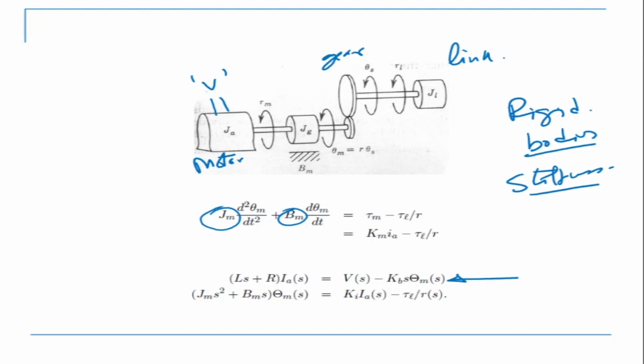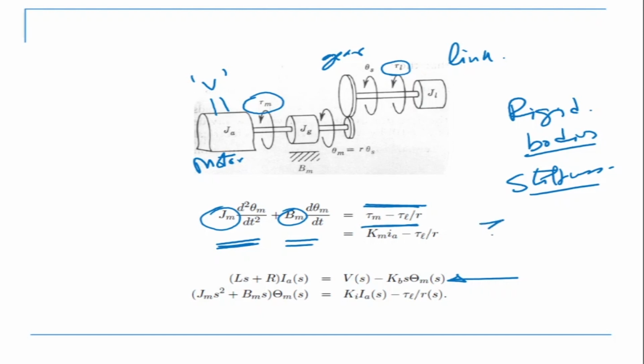Now, in terms of adding up the motor torques: we have the motor inertia Jm times the acceleration, plus damping Bm times theta m dot, which is equal to tau m, the motor torque, minus the gear ratio divided by the link side torque, which is tau L. So on the right hand side we get this.